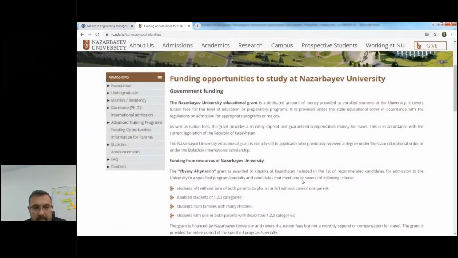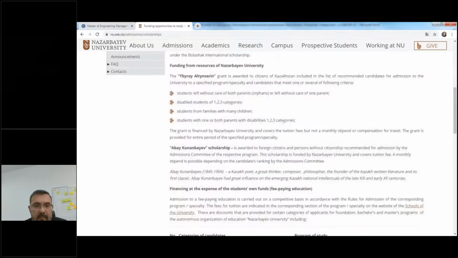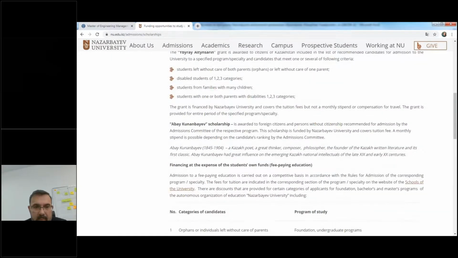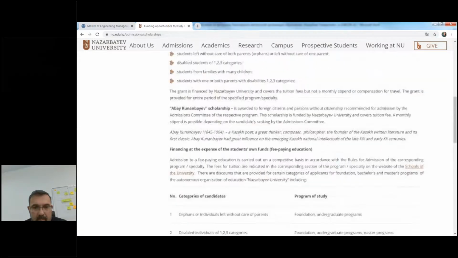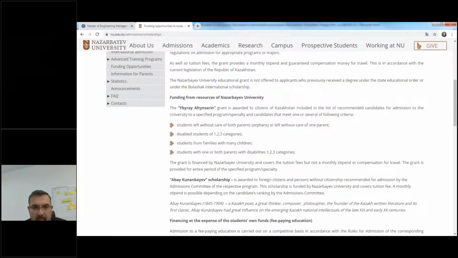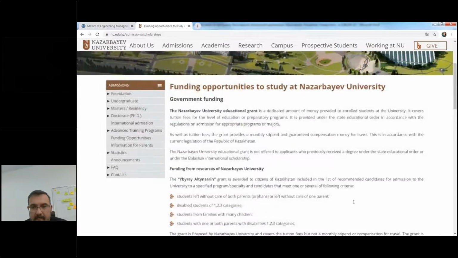Here is all the information about funding. So just read there, and if you have any questions, just let us know. This is for all programs, for bachelor, for masters, for PhD, everything. So you should go to the main page, admissions, and funding opportunities.